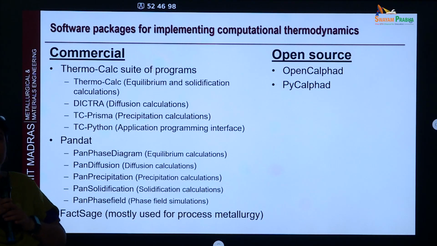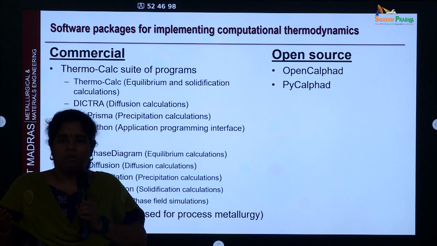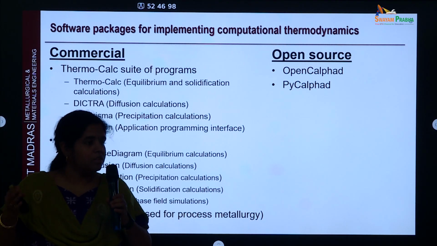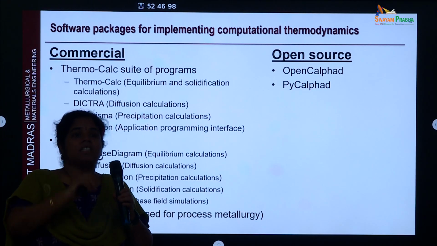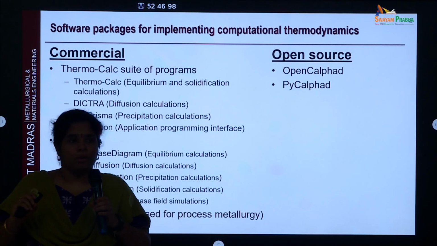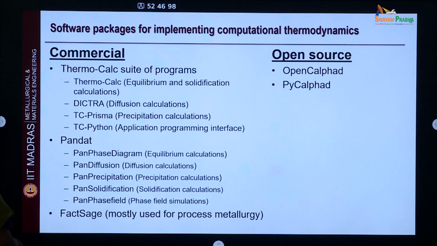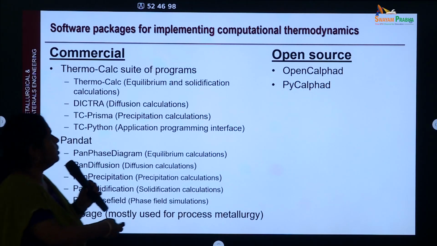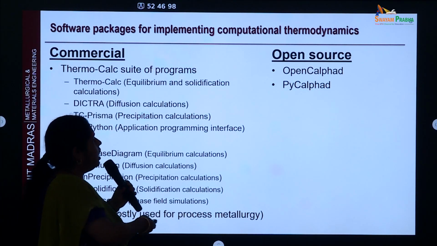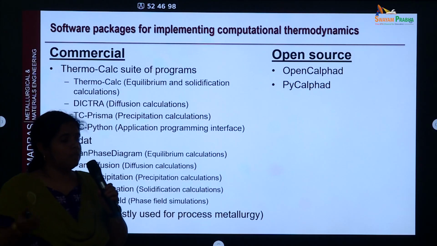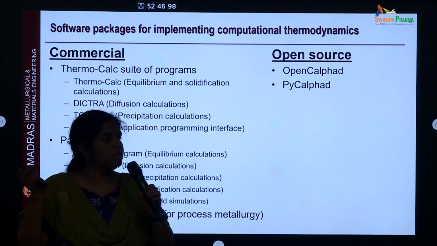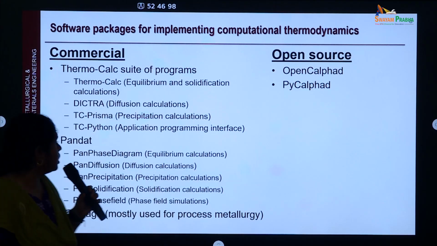But you might have studied about the Bessemer converter, steel making and so on. What about simulating those types of things, in making iron, in extracting metals from their ores? For that we use what is called process metallurgy, and we use something called FactSage. And for open source we have two: one is OpenCalphad, another one is called PyCalphad. PyCalphad is based on Python. Anyone who is interested can just download it on your laptop and check it out.